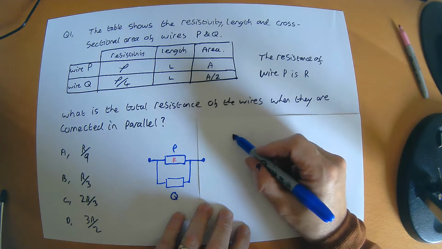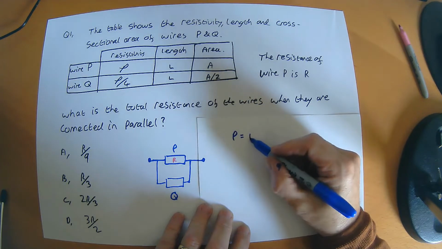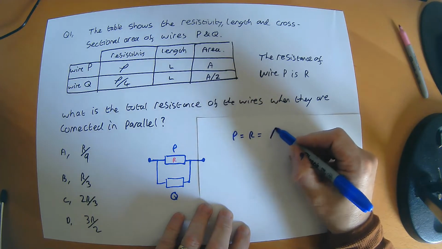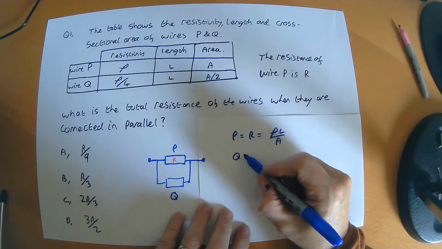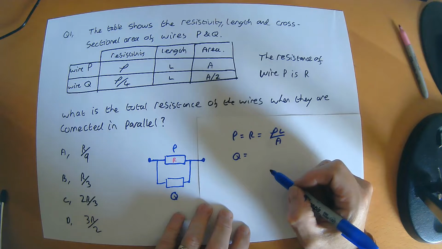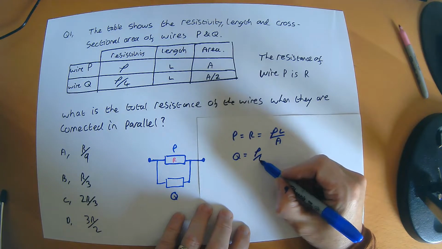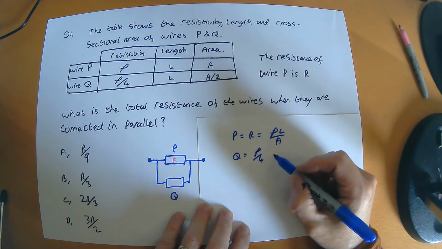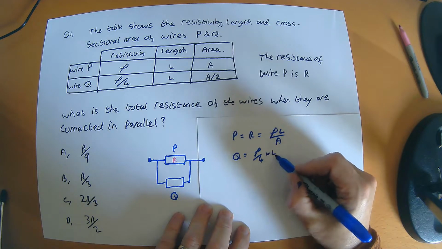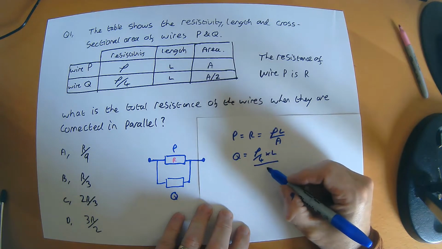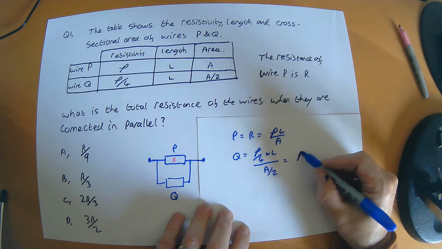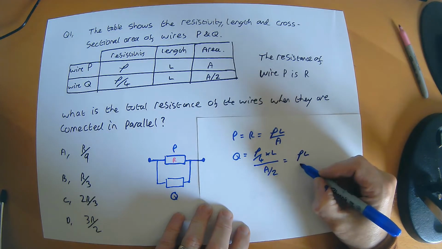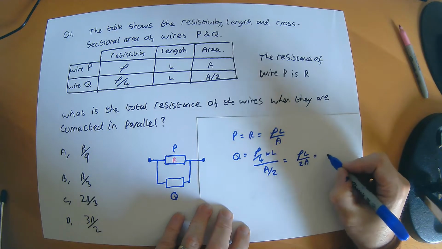We know that P, which has a resistance of R, is rho L over A. And we know that Q has a resistance given by the same formula, but it's rho over 4 because that's its resistivity, times L divided by A over 2, which is equal to rho L over 2A, which is R